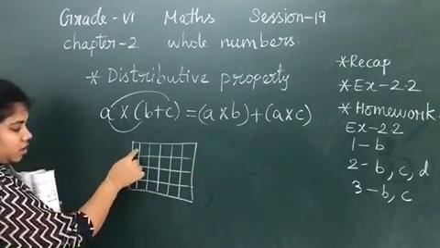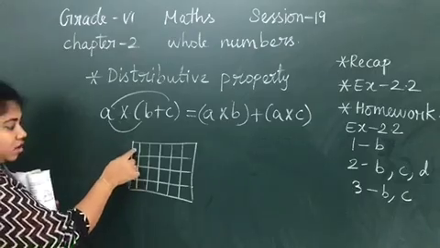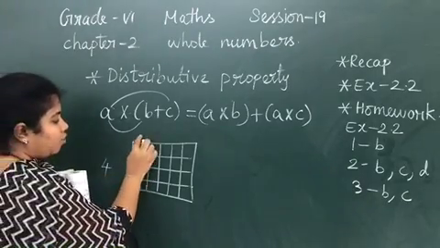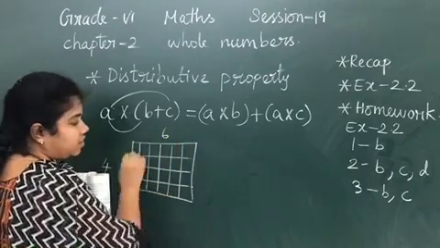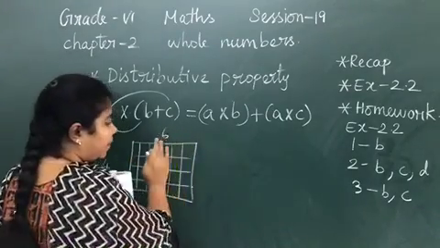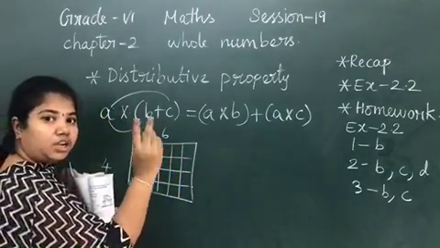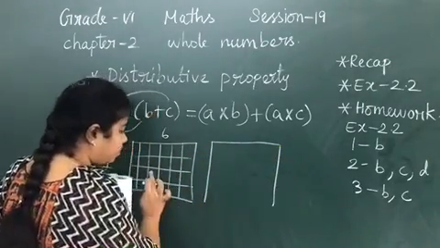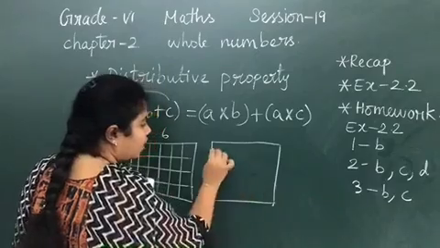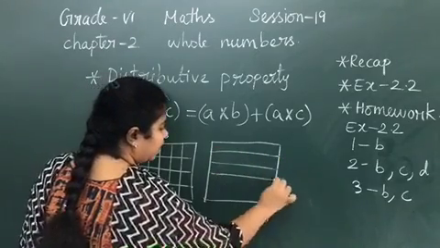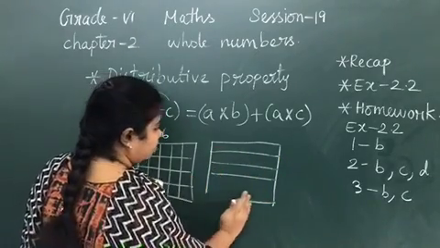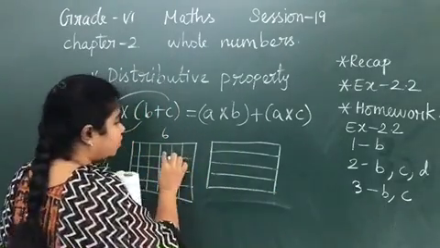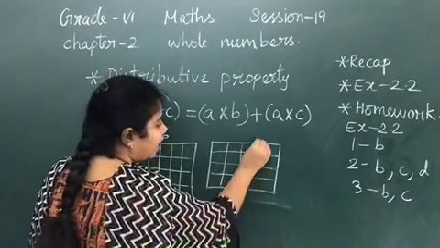Okay. Now what is the number of rows here? 1, 2, 3, 4, right? So 4 here, and here 1, 2, 3, 4, 5, 6. 6 here. Yes. Now let me separate the 6 as 3 and 3 or 4 and 2. Let us separate 4 and 2. The total will be the same. Now we are going to separate this as 4 and 2.